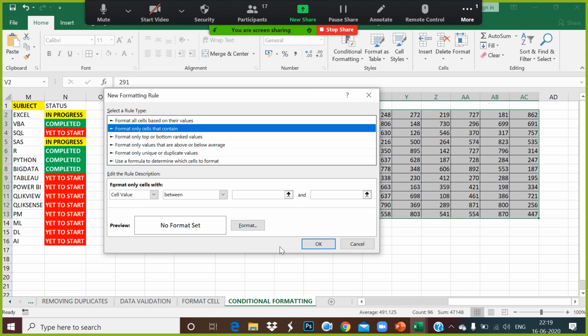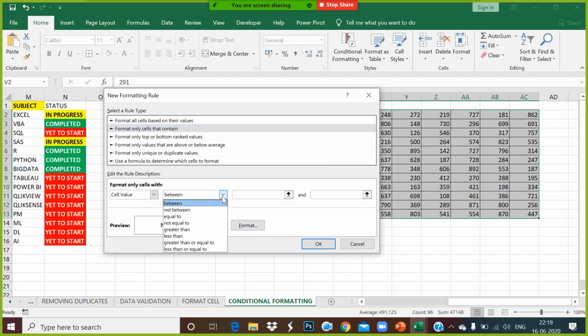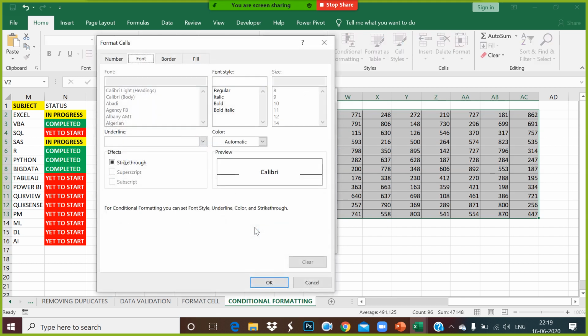Which number did you say? 500. Yes. Can you please repeat the question? If the value is greater than 500, we'll select greater than and we'll put the value as 500. Format. Okay. And the next, you said it will be tick mark with yellow.